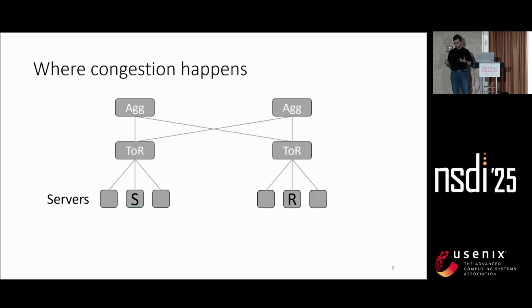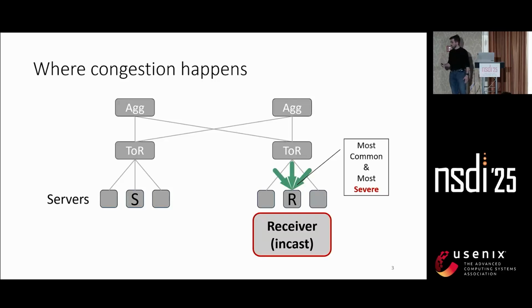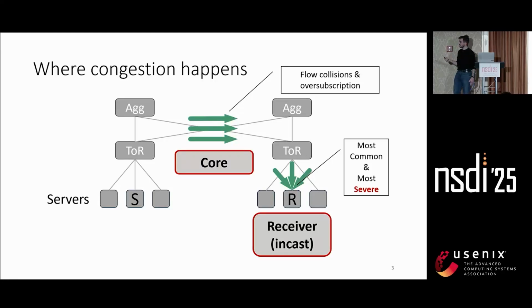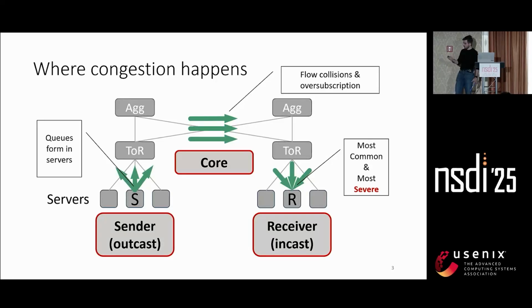But what does it mean for a data center network to be congested? Well, here is a data center network with servers at the bottom row connected with switches and links, with the most common and most severe form of congestion being incast, when multiple flows converge to the same receiver. But also congestion can happen at the core of the network when multiple flows collide, due mostly to flow collisions or oversubscription. And finally, congestion can happen at sender uplinks, when a single sender sends to multiple receivers. And in this case, it's usually considered less severe because the queues themselves form inside the servers where there is